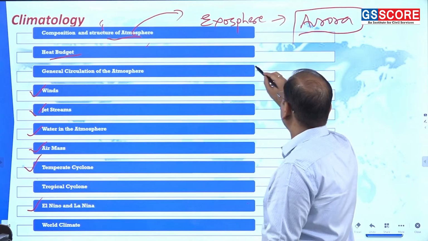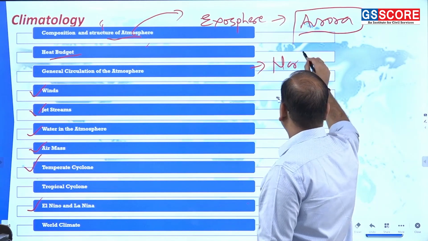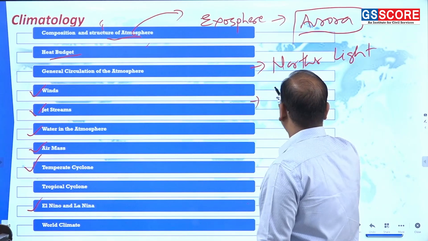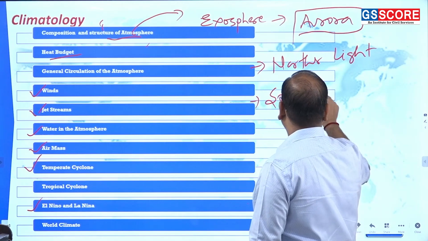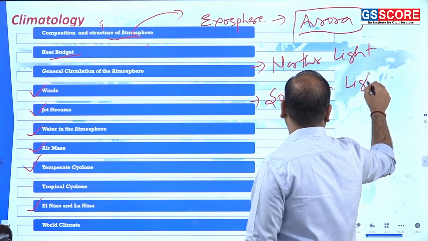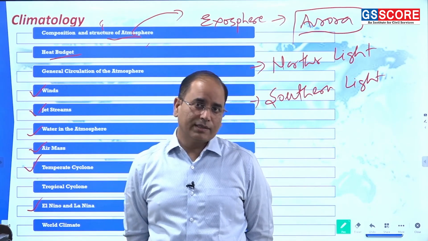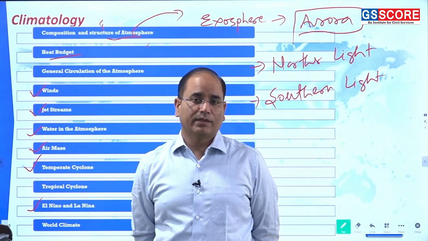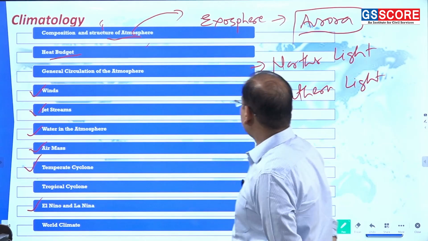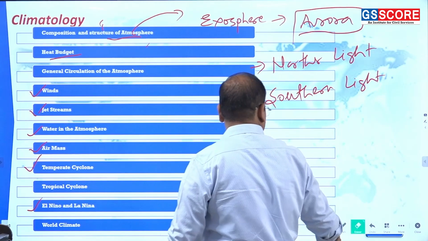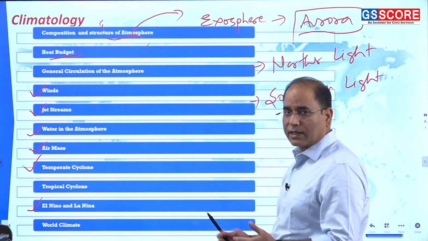Auroras will be witnessed in two hemispheres in the form of northern lights and southern lights. Northern light is Aurora borealis and southern light is Aurora australis. So this aurora also needs to be studied as part of the climatology,